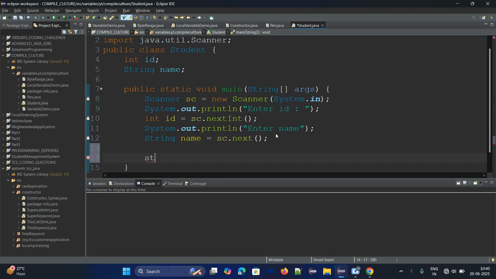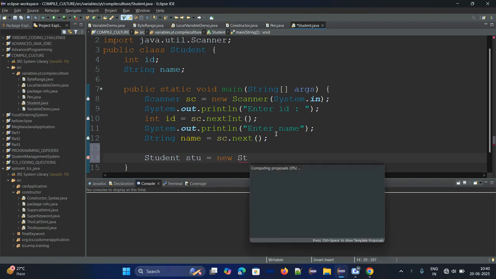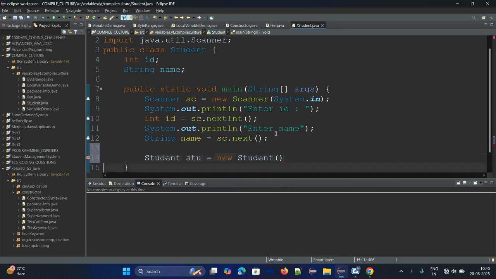See, we are going to create an object for this student class. stu equal to, by using the new keyword, new Student.